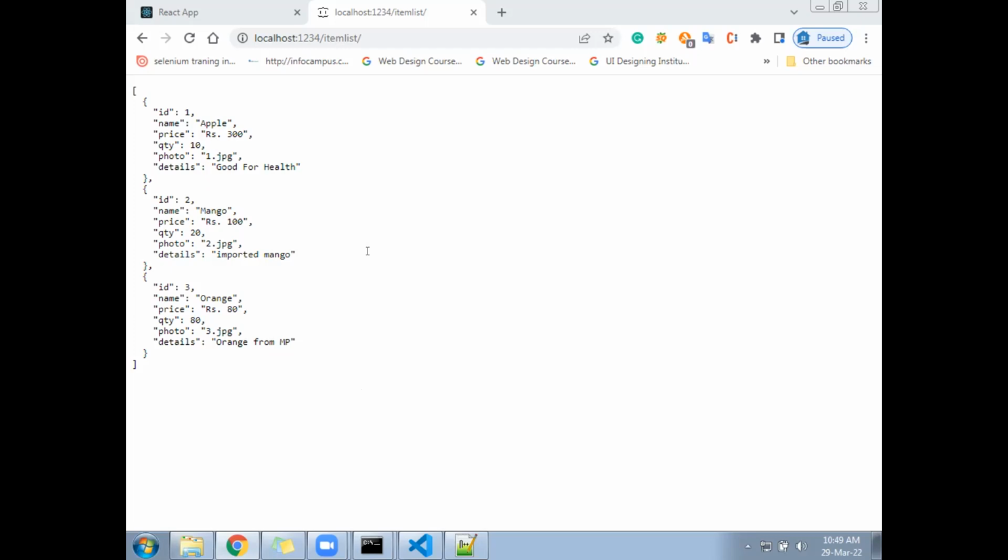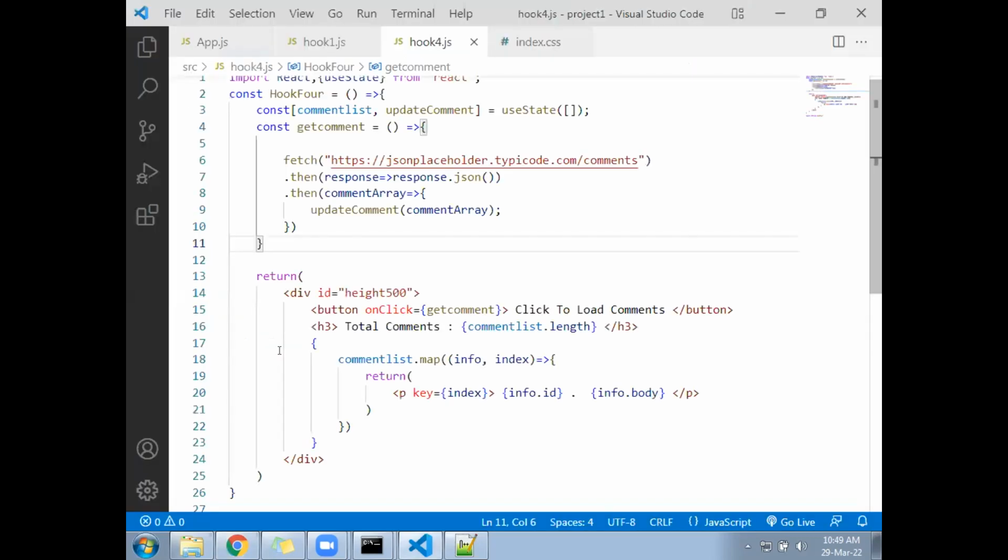Okay, now let's go to our component, and we have created till hook 4. Yesterday we created hook 4, and you have tried the remaining pages in the same project or another project. Another project. In this project, you should not do anything. If it breaks down, it will become a problem for you. So next, after this,